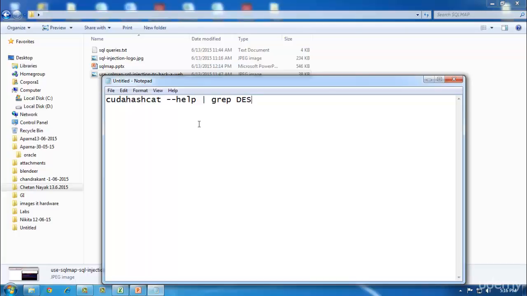So I've saved the hash value over here in the DES hash file. The command that I would be running to crack our own hash would be cudahashcat -m, and since it is 1500, I'll just type 1500. Since it is MySQL, -a 0, and then /root/SQL/des.hash, that is the place where our hash would be, and then /root/SQL